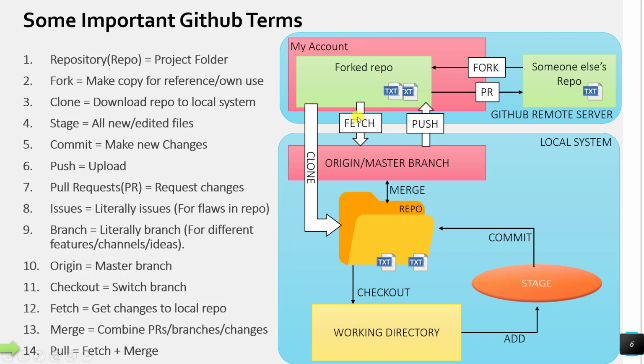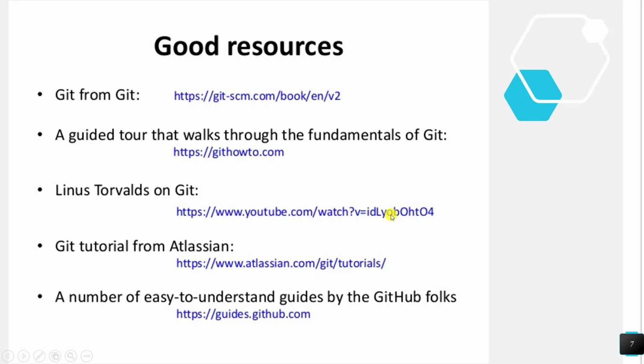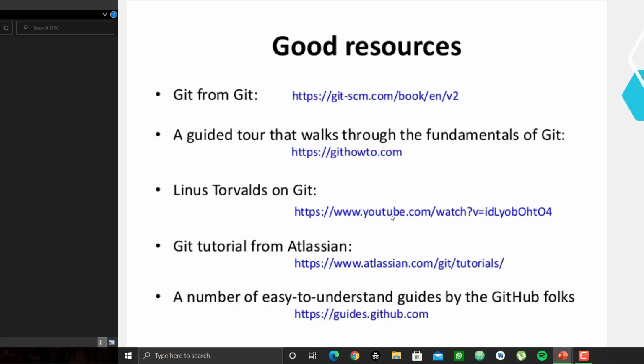So when you pull it from the fork repository, you get all these changes reset to your head, that is your repository. You fetch all these changes as well as merge it with your local repository. So basically that's it, and these are some of the good resources you can see if you want to learn more about Git. Now time for a quick demonstration.